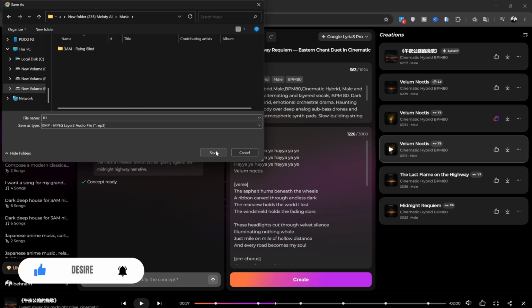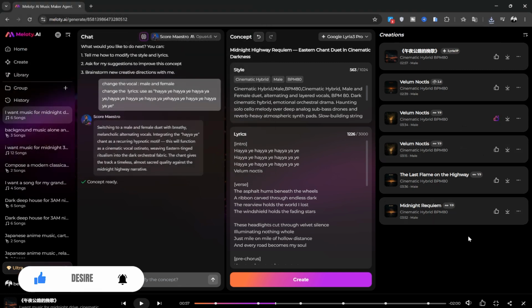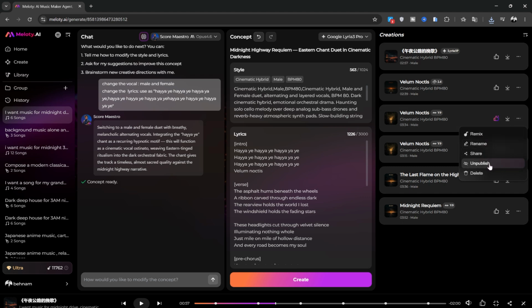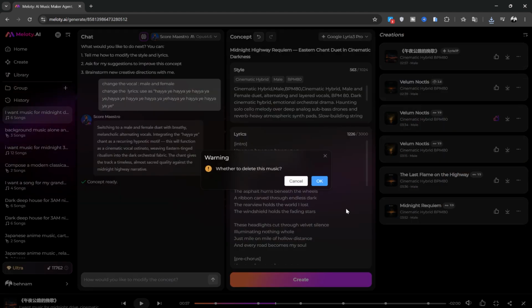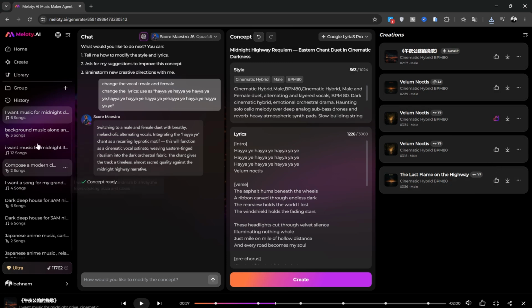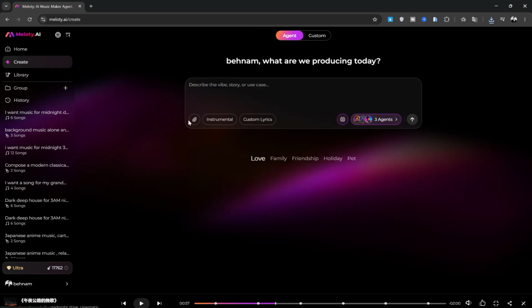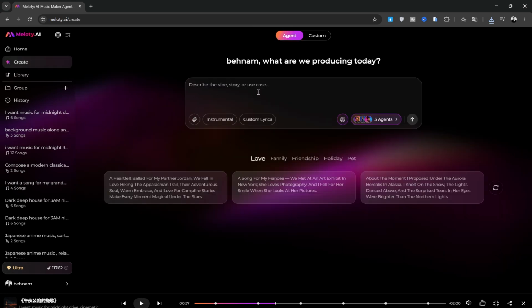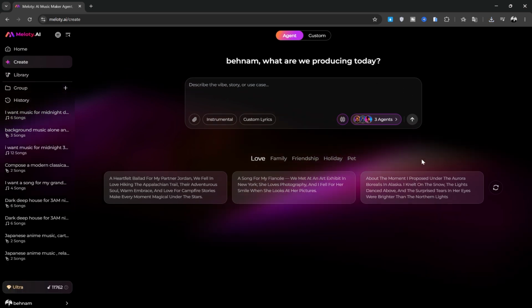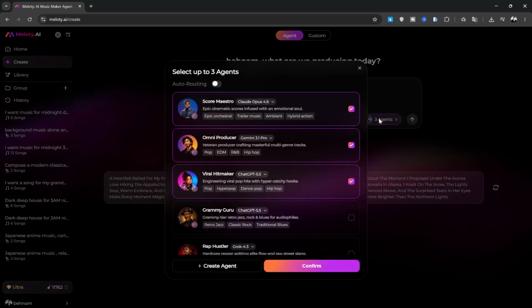For now, I'll just download it as an MP3 for personal use to listen to later. By clicking these 3 dots, you can also share, rename, remix, or delete the track. Now, looking at the left side, I'll click Create again. This time, I want to challenge the system a bit more and go for deep personalization. Let's click on Agent, and when this box opens up, instead of using the pre-made agents, I'm going to click